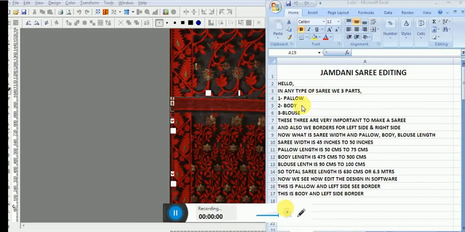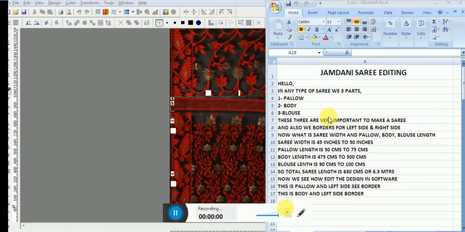The standard for every sari is pallo, body and blouse. The sizes of pallo, body, blouse are equal. It means 6.5 meters of sari, and the three parts are divided as per standard of sari.